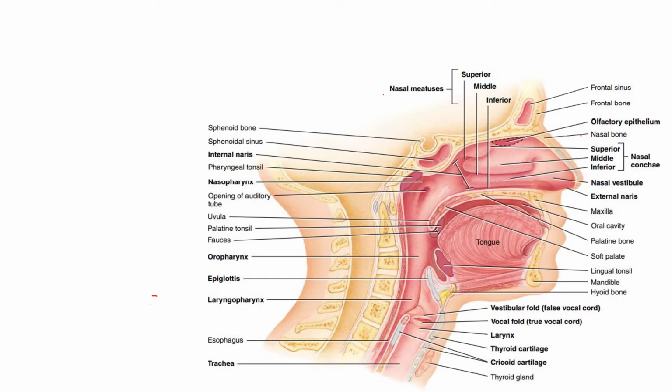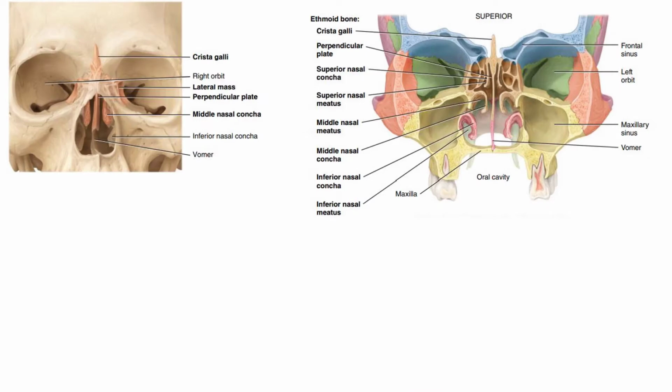If we see from the front side, the septal cartilage extends inside, which separates the left and right nasal cavity. Imagine this is the nose. These two are external nares. If we see from inside, the septal nasal cartilage divides the right nasal cavity and left nasal cavity. The anterior part of this nasal septum consists of hyaline cartilage and the remaining is formed with the help of the vomer and the perpendicular plate of the ethmoid bone, maxillae and palatine bones.